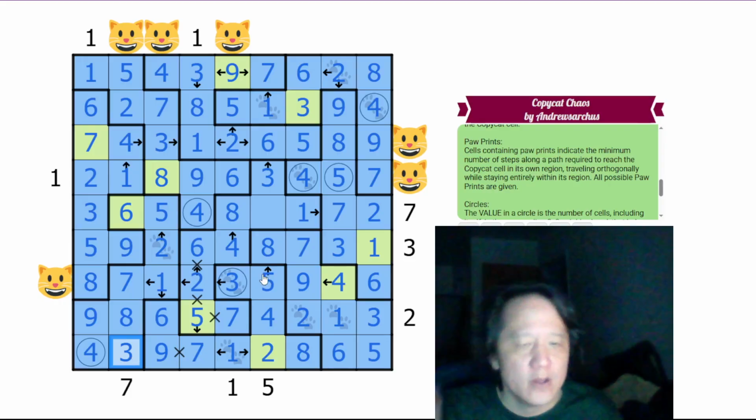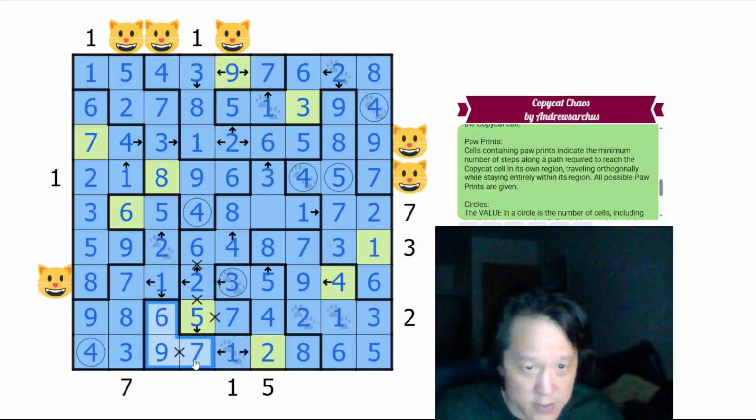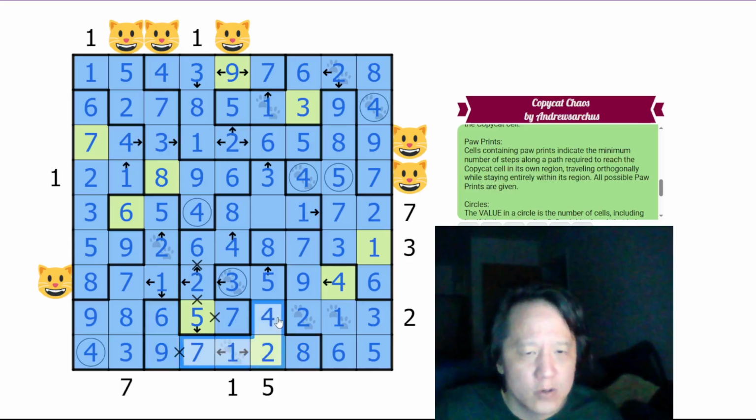Okay. Region 8. This sees 3. This sees 3. This sees 4. This sees 4. This is copycatting a 3, and it sees 4. This sees 3 here. This sees 6. This sees 3, and this sees 3, and it does have a circle around it. This has 3, 4,